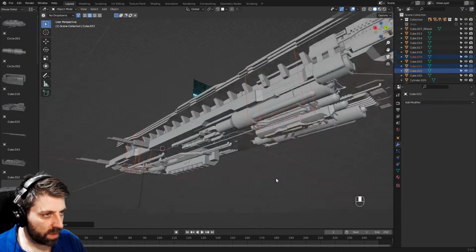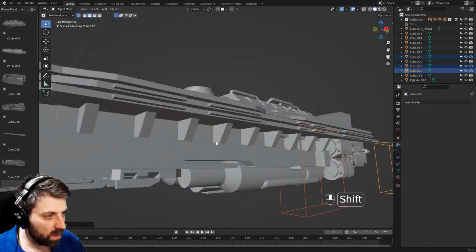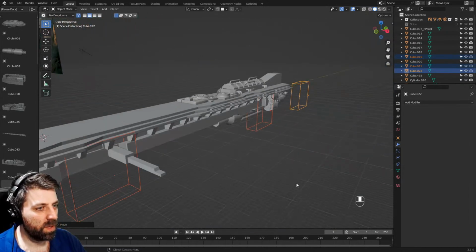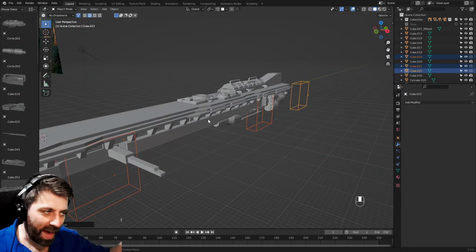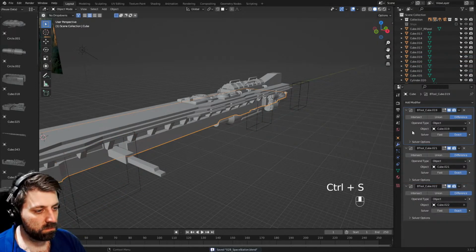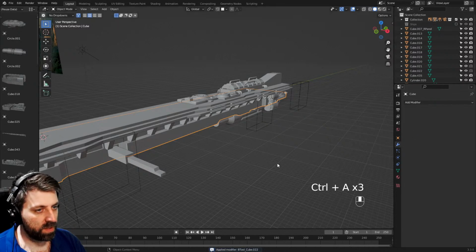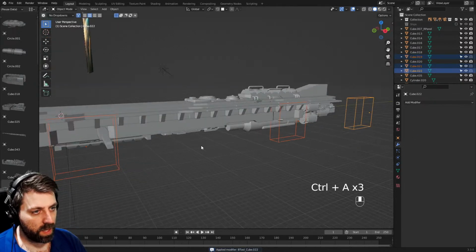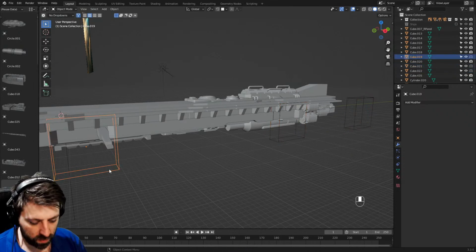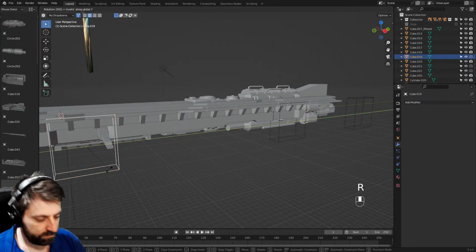Something like that looks all right. What's this bit here? Yeah, that's pretty good. And we're just kind of breaking up that flat area. Control. Oops, that was Control S. That's fine. I do feel that we could probably grab this one in here. Rotate Y